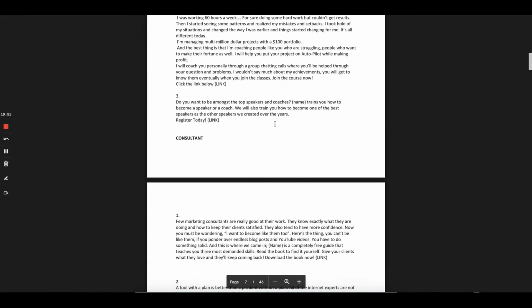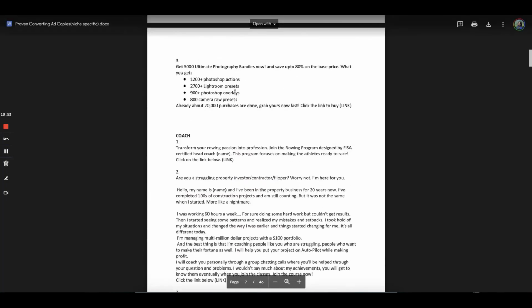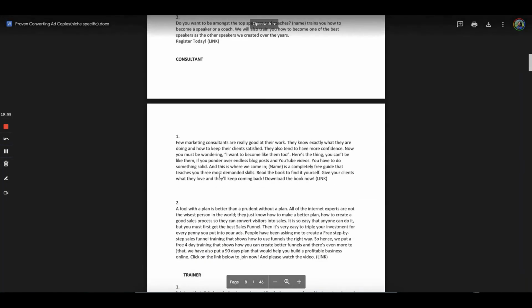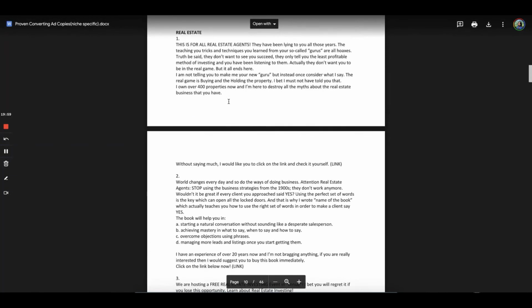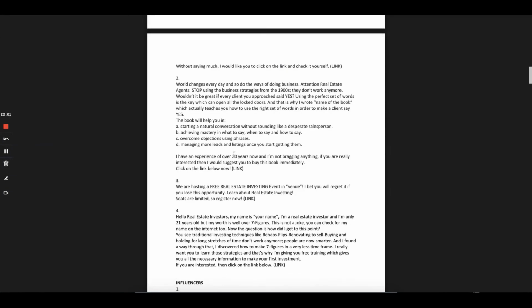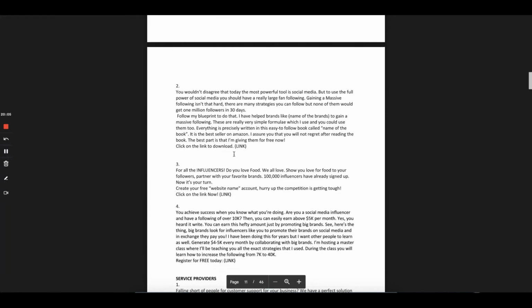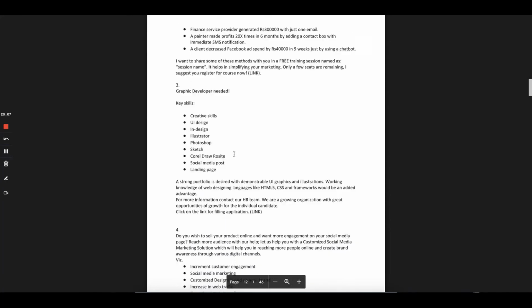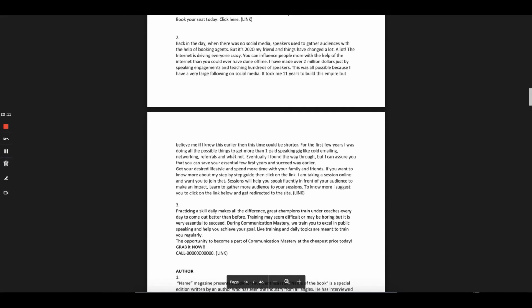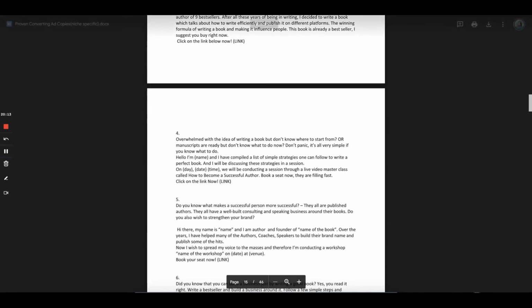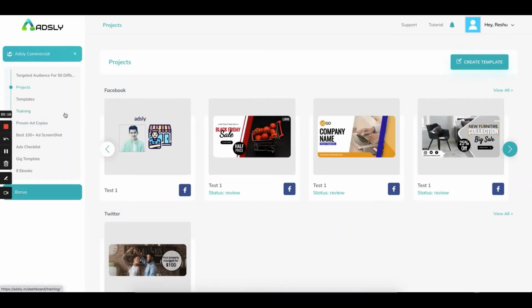Major 50 niches are covered, and for each niche we are giving 3 to 5 ad copies. These are highly converting ad copies and have been used in our own ads at some time or other, so we know that they will convert. Not all the niches, but yes, definitely we have taken help from good expert marketers of different niches to create these ad copies, to ensure that we give you something that actually works.